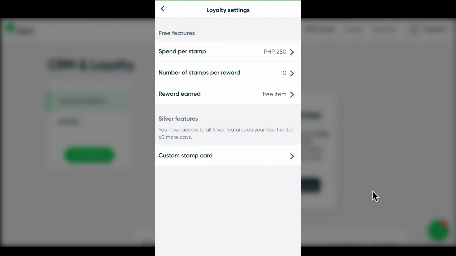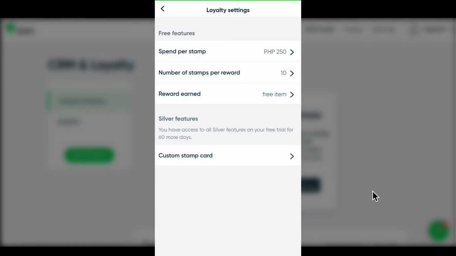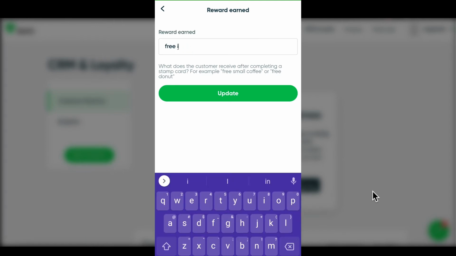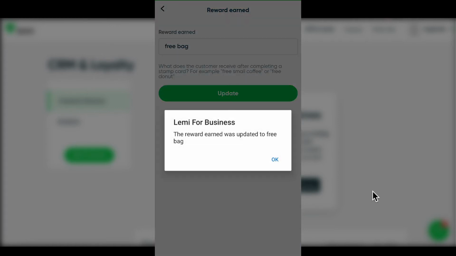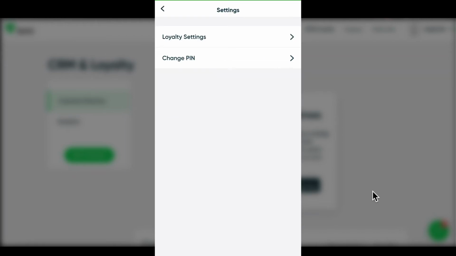I also need to decide how many stamps people need to earn until we give them a reward. In this case I'm going to leave that as 10. And finally we need to decide what we're going to give people once they get those 10 stamps. So in this case, at my store I want to give them a free bag once they have earned 10 stamps. So once I've finished updating that, I just need to press back